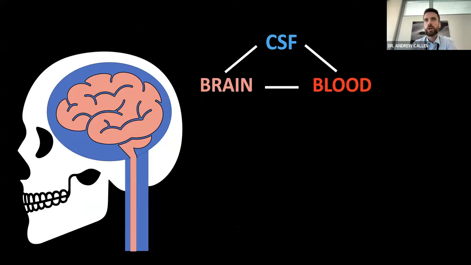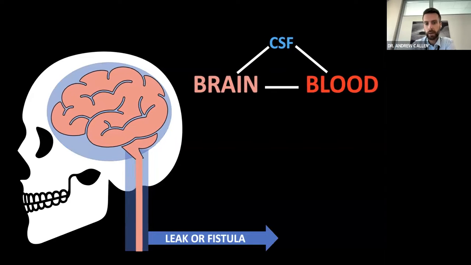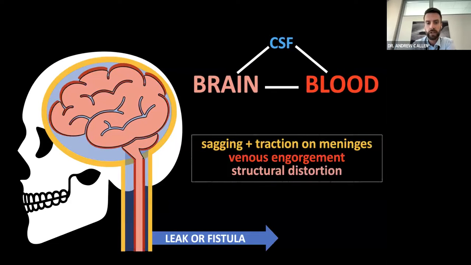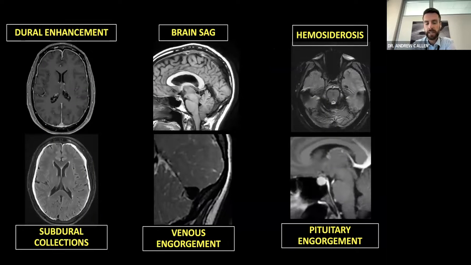That orthostatic nature also is reflected in the characteristic brain findings that we see. According to the Monro-Kellie doctrine, where there's a fixed volume within the craniospinal compartment comprised of brain, CSF, and blood, as CSF is depleted from the craniospinal compartment through a CSF leak or venous fistula, there's sagging and traction in the meninges, venous engorgement, and structural distortion, which is then reflected in what we see on the MRI of